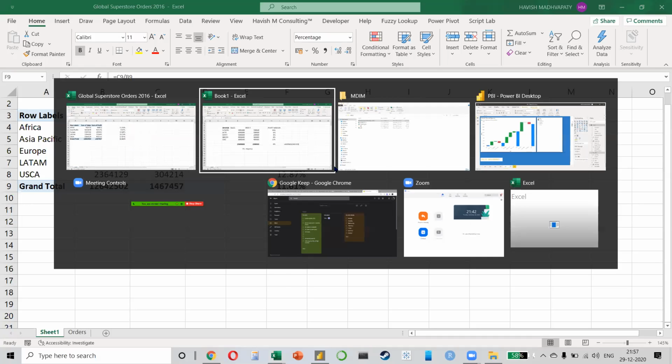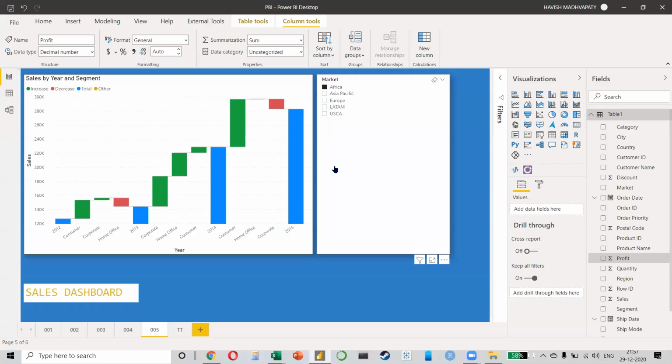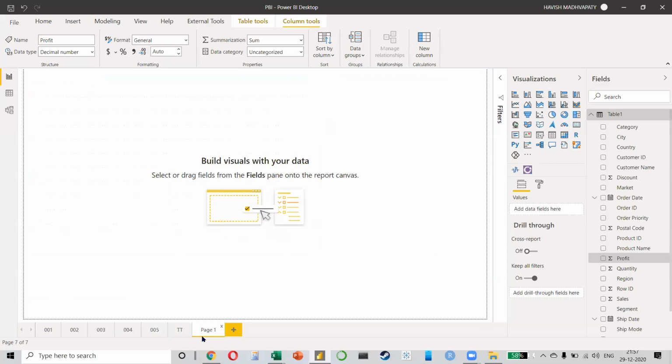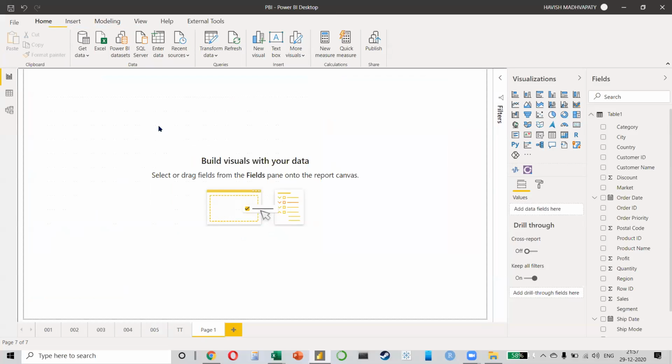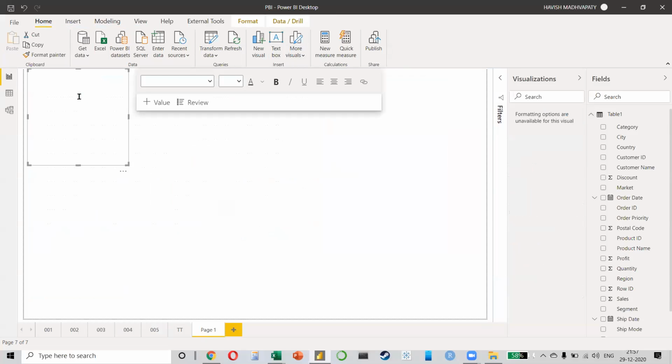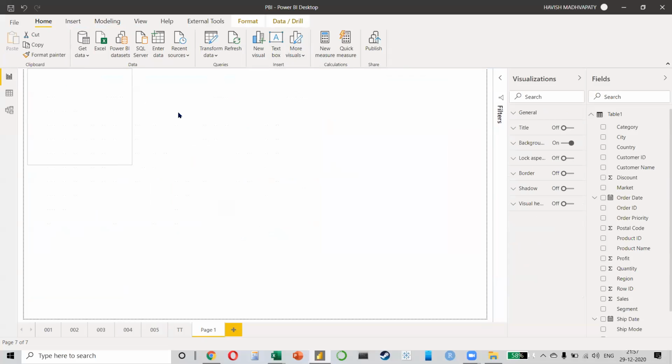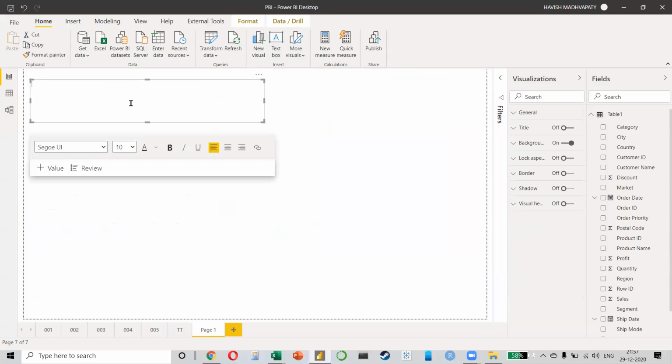But when I come to Power BI, it's very tricky, isn't it? Because there is no spreadsheet. I can't just write a formula like that. I can't just create a new column and add a formula. So please do this with me. Create a new page. Everyone, create a new page. And in this page, I'll be teaching you how to create the profit margin.